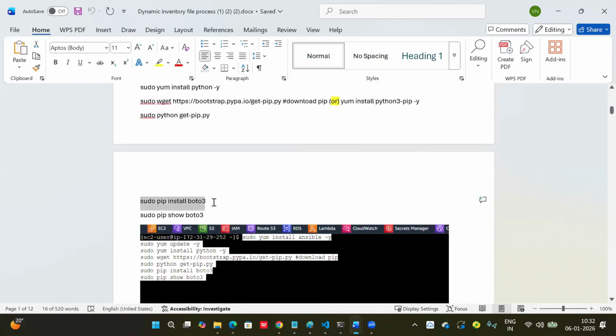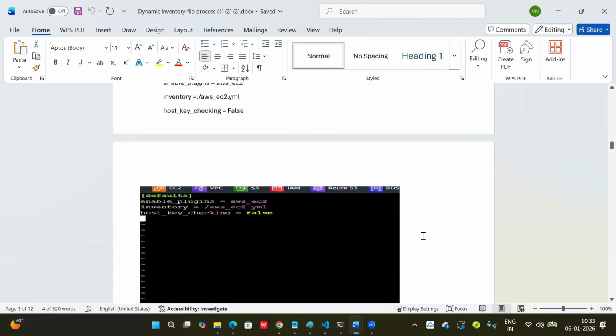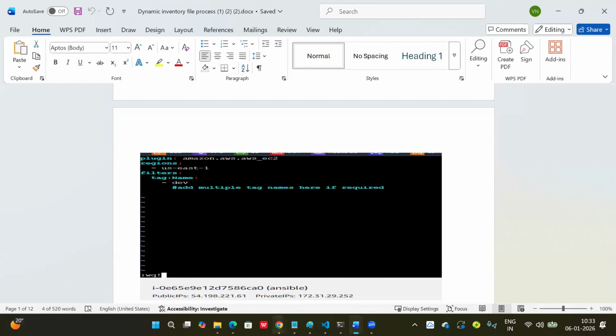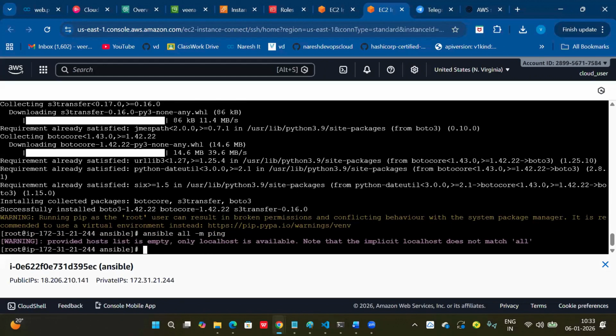Yeah, this is a miss. Okay, pip install boto3. Okay, now you can run. Yeah. Okay, so this is working fine.